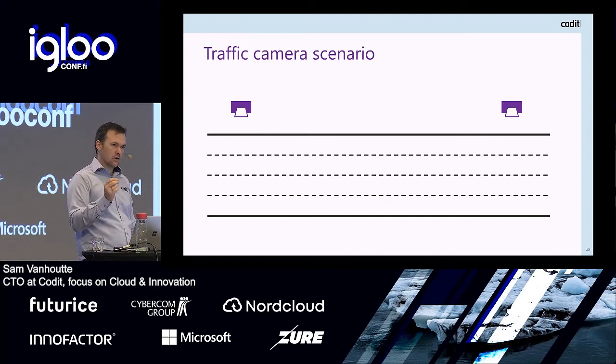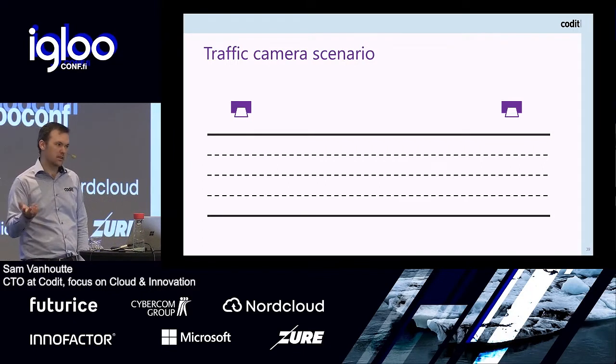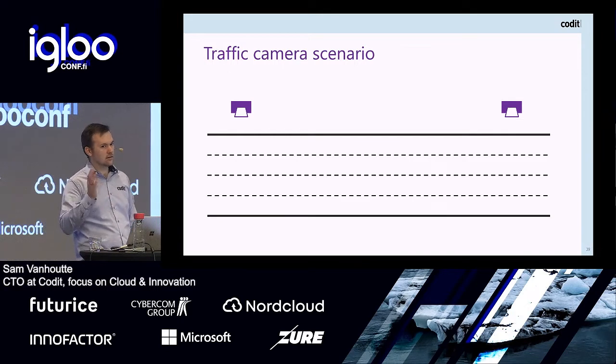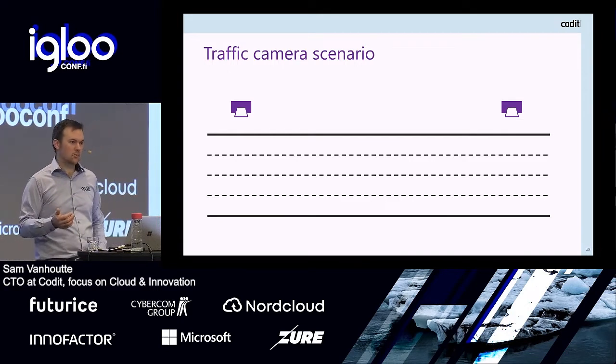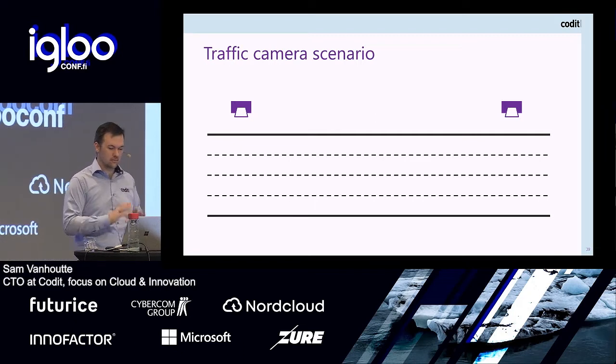This is a common scenario for event detection, because there might be thousands of cars coming. Hopefully, there's only a few that speed. Hopefully, depends on if you want to look at it from a safety point of view. Maybe you want to hope that there's a lot of speeding if you look at it from a budget point of view from the government. That's another thing.